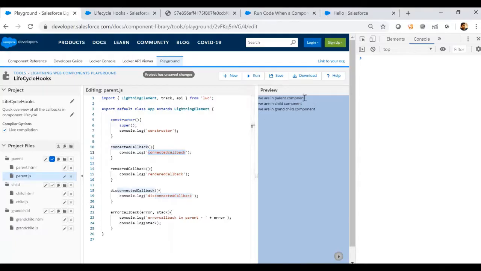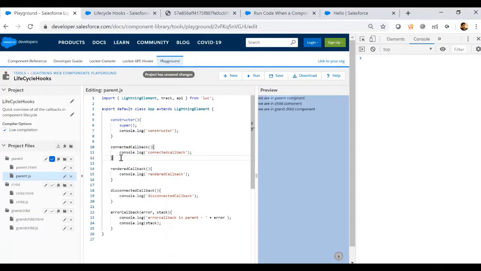That means we don't see the message on the UI at this stage. It is also possible that connectedCallback can be executed multiple times. If we have any logic which inserts an element into the DOM, then again the connectedCallback will be executed.